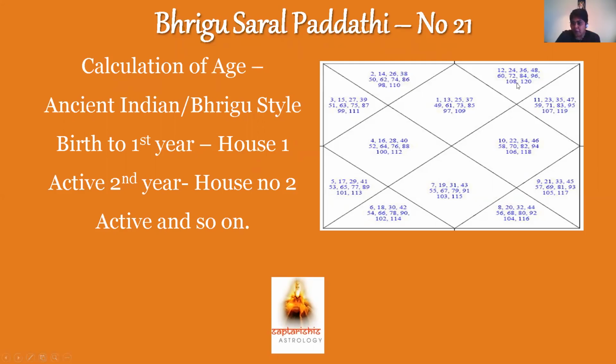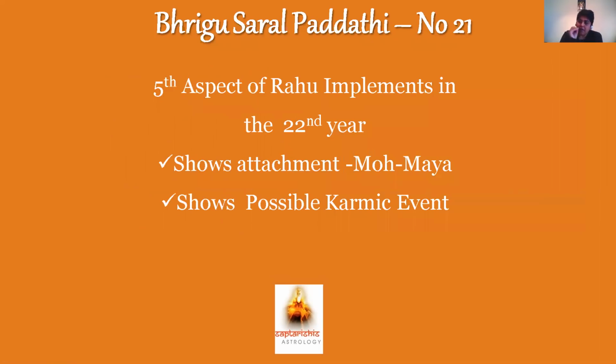If you have to remember this, it is very easy. Just remember the 12th house. I usually remember only the 12th house, and it is easy for me to locate once I know the age of the native. The 12th house would be 12, 24, 36, 48, 60, 72, and so on. So it becomes very easy to calculate age and remember which house would be active during what age. So let's quickly get into the dicta.